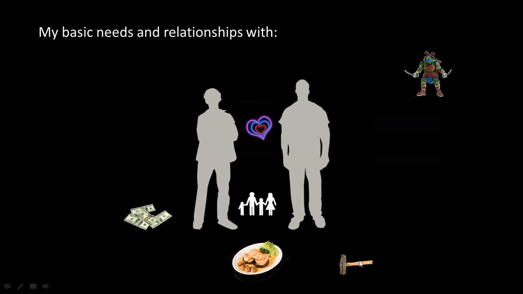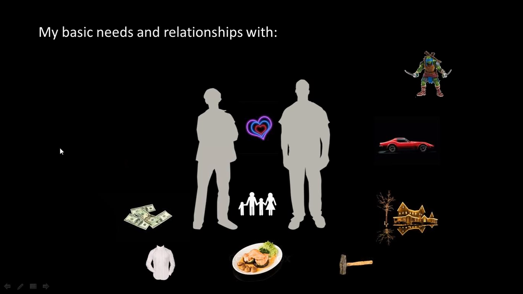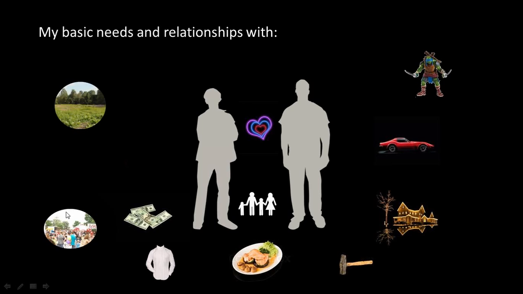My son then pointed out we all need tools to do our jobs, a house in which to live, transportation to get to where we want to go, clothing, places to go, people to go with, and of course I had to remind them that we all need air, water, and warmth or energy.